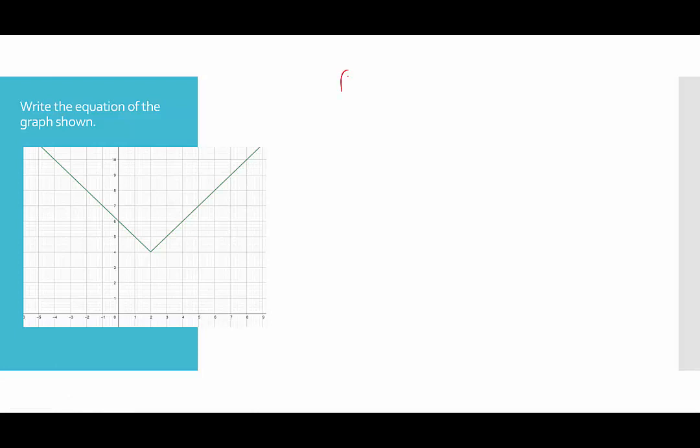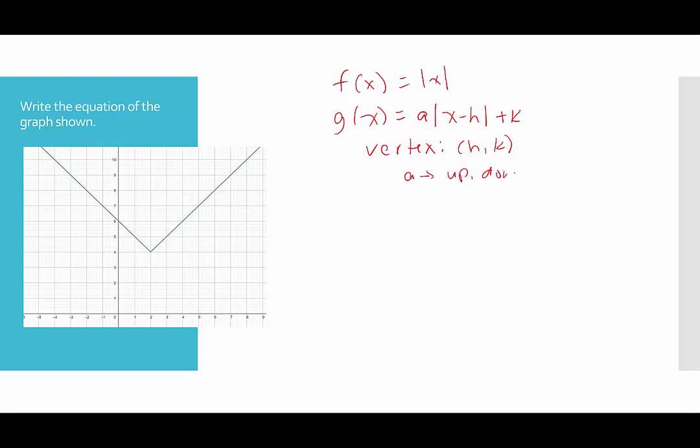Now we know that the parent function here is f of x equals the absolute value of x. And we know that any transformations, if we're going to write it in function form, we would say a times the absolute value of x minus h, plus k. And what we know is that the vertex of the graph is given by the coordinates h comma k, and a tells us two things. It tells us whether the graph opens up or down based on whether it's positive or negative, and it also tells us if there's a stretch or a shrink,